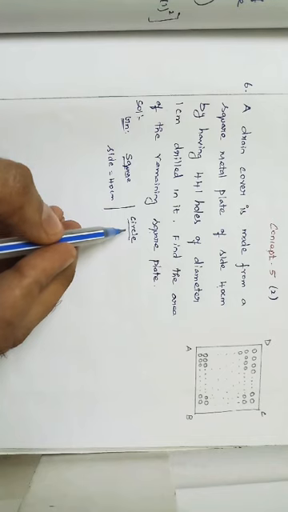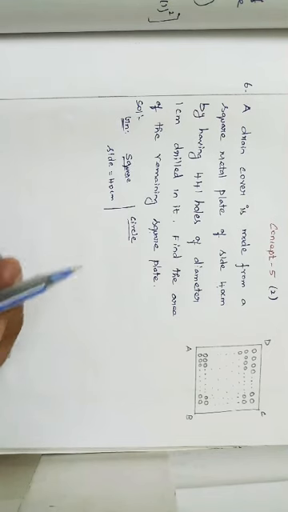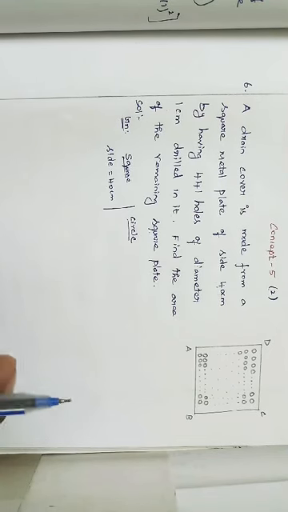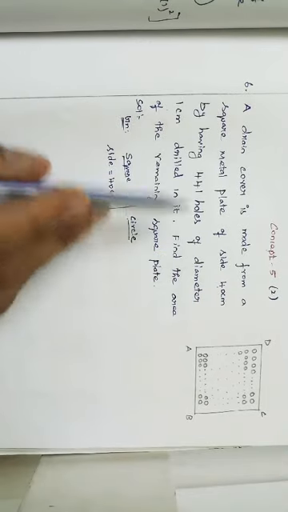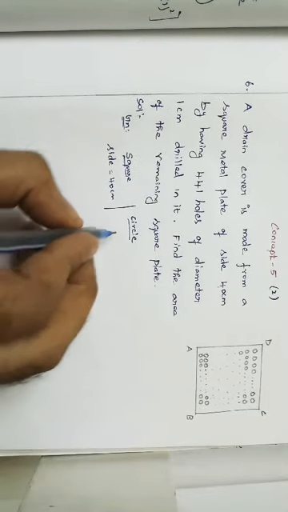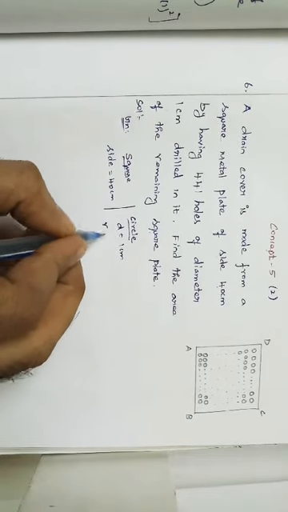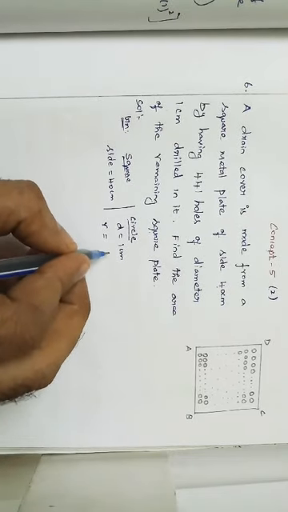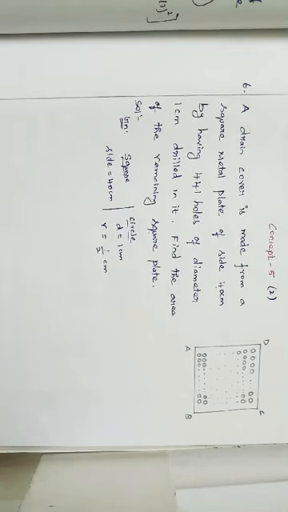For finding the area of circle, what do we need? Area of circle is pi r square. For that we need r, radius. So we are having diameter 1 centimeter. Diameter of a circle is equal to 1 centimeter. Then radius of a circle is half, 1 by 2 centimeter.